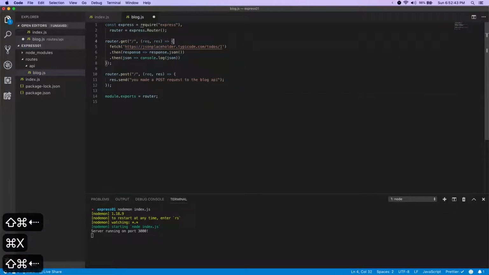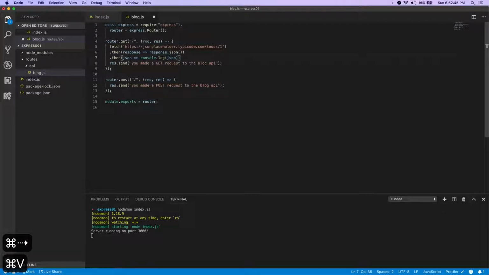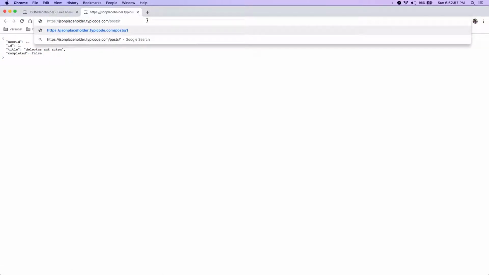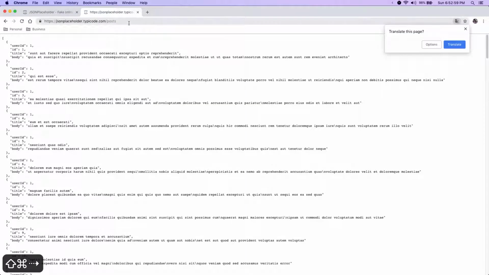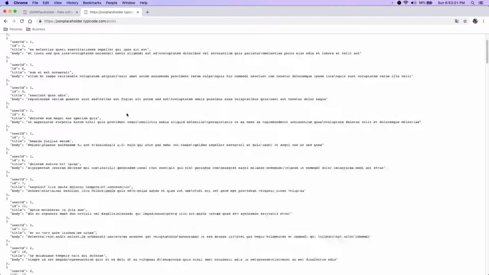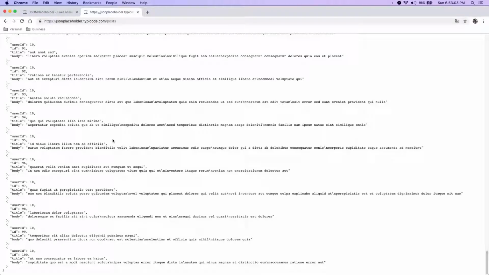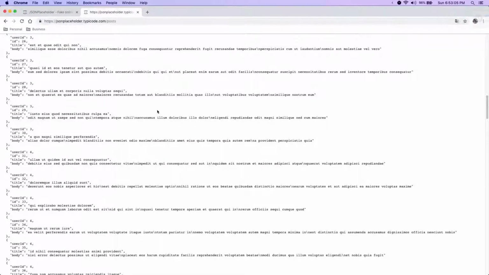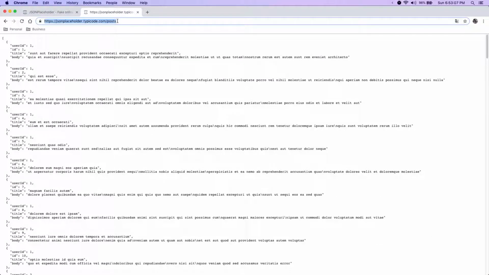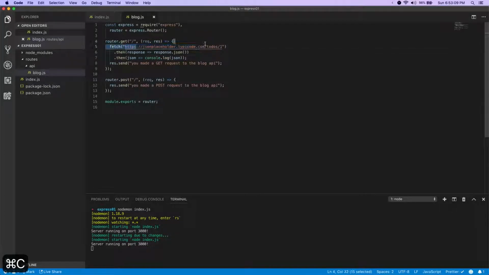Well, actually, I want to put that before this response.send. And so this is going to basically fetch this URL, which if we go here, it's just going to give us this. We actually don't want this, I think it's called posts. Yeah, here we go. So this is just going to generate some static data for us, so we don't have to set up a database. So if we go ahead and copy this and change the link here,